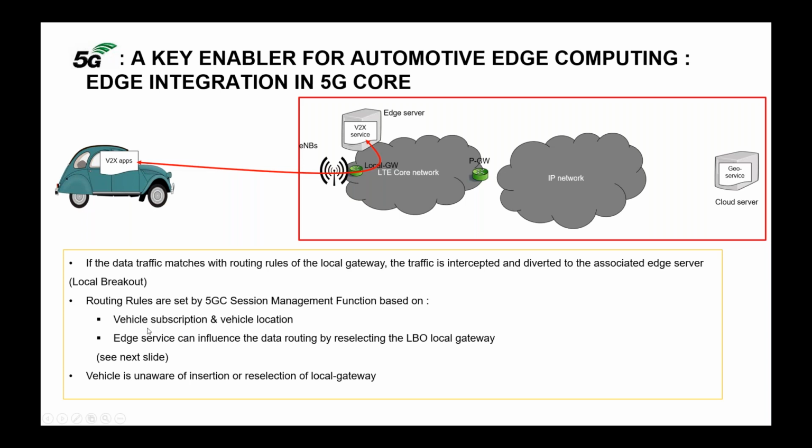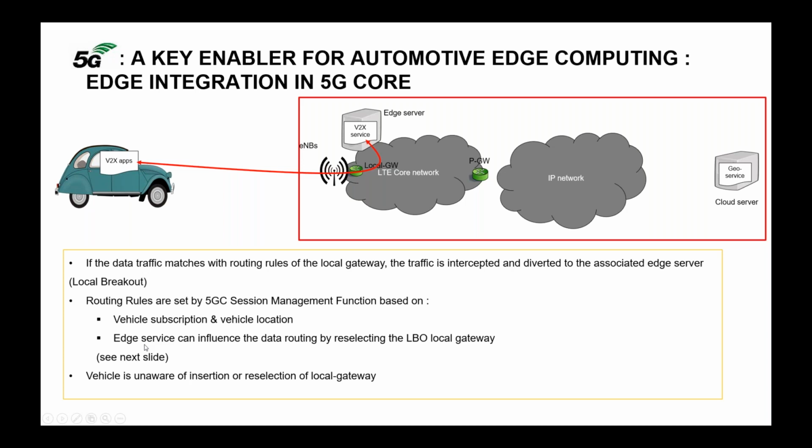For example, with a roaming agreement that you have with your operators, your V2X traffic is intercepted by some predefined base station and diverted to some local edge server. And you can have something smarter, more dynamic, which is not based on provisioned routing rules, but on the edge